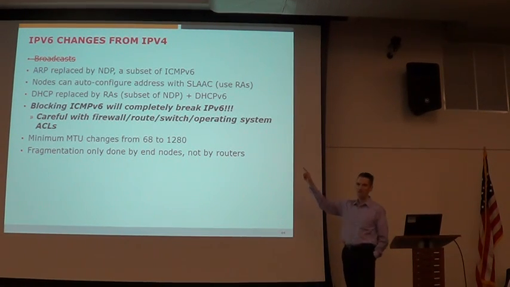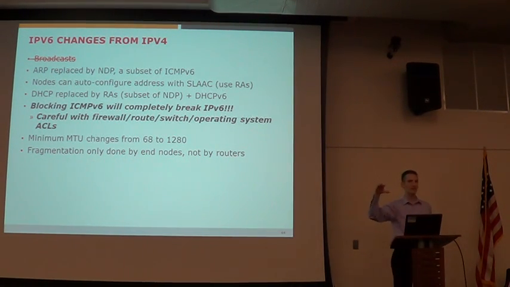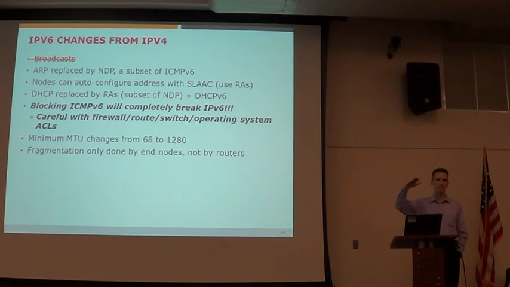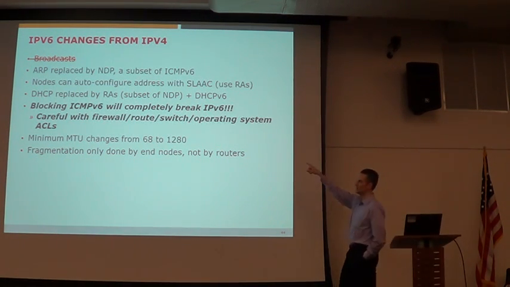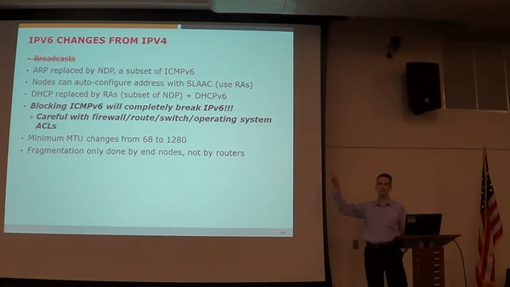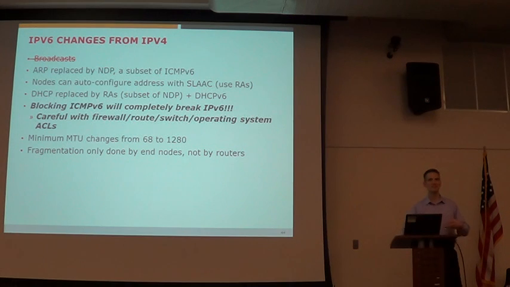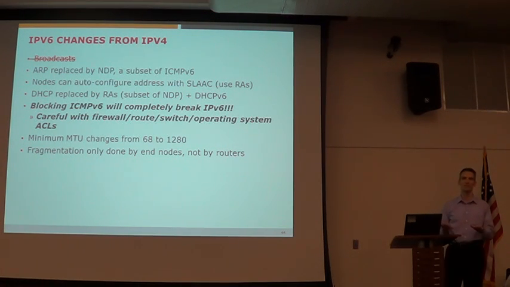Remember I made that point of showing that when I do ARP, ARP is below IP, but when I do neighbor discovery protocol, it uses IP. This is huge. Unfortunately, a lot of people have gotten in the bad habit, based on a mistaken belief that all ICMP traffic is bad and I should block all of it. That's a mistake. It actually breaks a lot of things and causes problems.